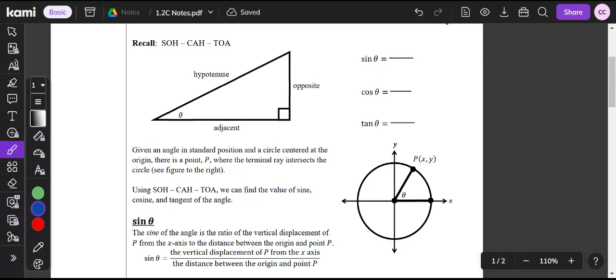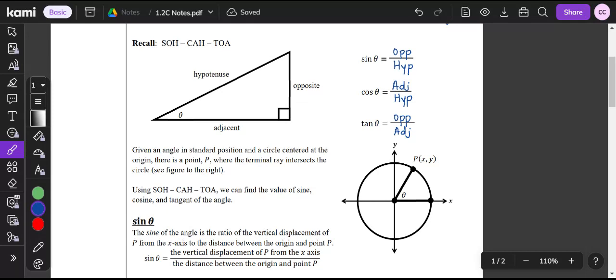All right. So in sine, for example, S, that is equal to the opposite side over the hypotenuse, or the opposite side divided by the hypotenuse. We can follow a similar format with cosine and with tangent. So I'm going to write those ratios over here off to the right, just again as a review. So the sine of some angle is going to be equal to the opposite side divided by the hypotenuse. The cosine is the adjacent side divided by the hypotenuse, and the tangent is the opposite side over the adjacent